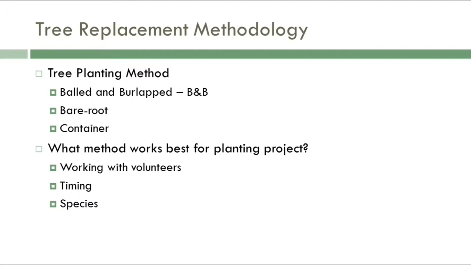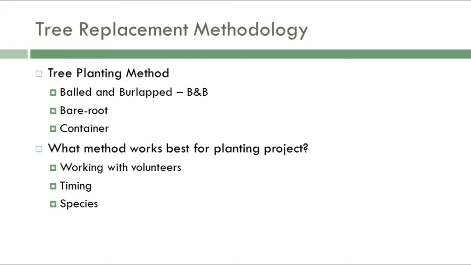Container is something I also mentioned in terms of size. You can plant small when you're thinking of renewing your landscape. It doesn't have to be big. And studies show that if you plant a large tree and a small tree together, and they're both balled and burlap, which takes off 90% of the roots, the smaller tree will outcompete the bigger tree in 10 years.